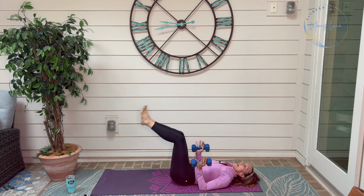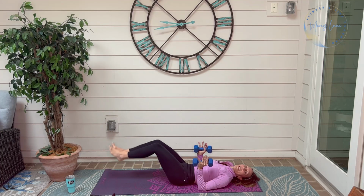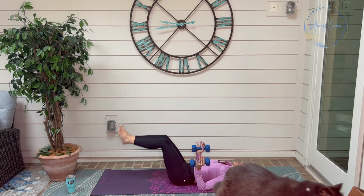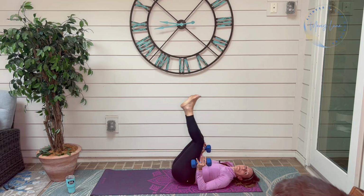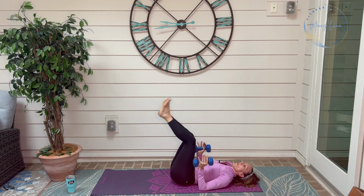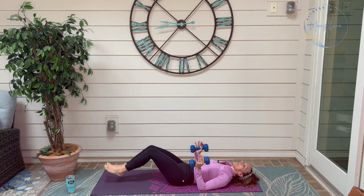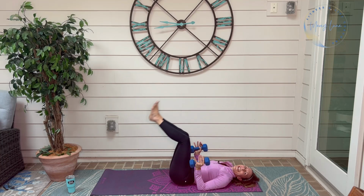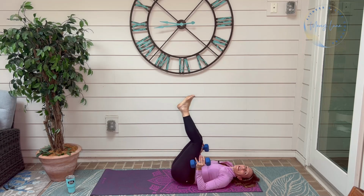Both legs at the same time. Down, pull up. Now right here, it is essential that you squeeze your abs in so you're not letting that lower back strain. If you need to, separate your legs so you do one at a time, or you could bend your knees. Squeezing in, you got it. One more,